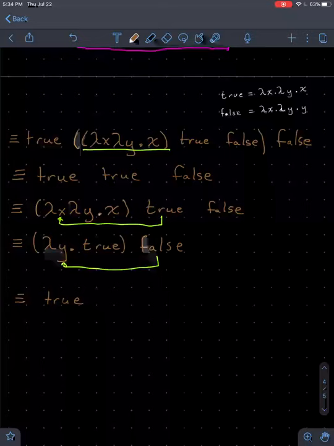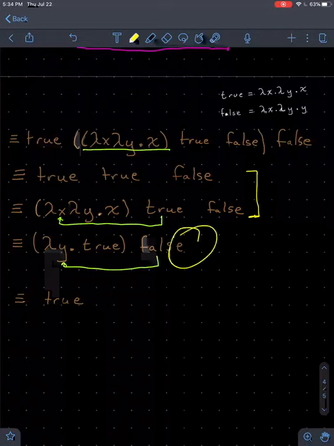bottom. So you have true, true, false, and then you unpack true to its lambda calculus definition. You plug in true for x, but not true, false for y. So right. I don't see how you got that next step. Oh, this one right here. Yeah, what happened to